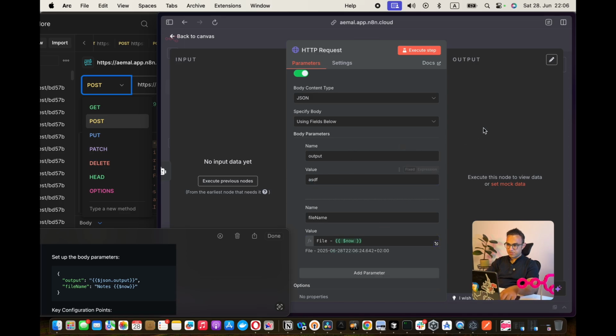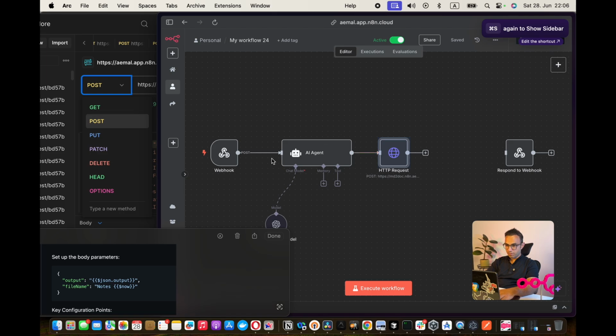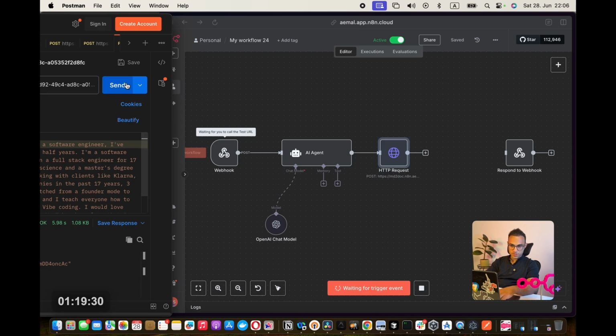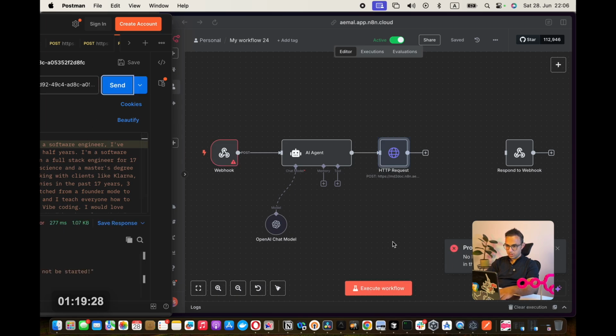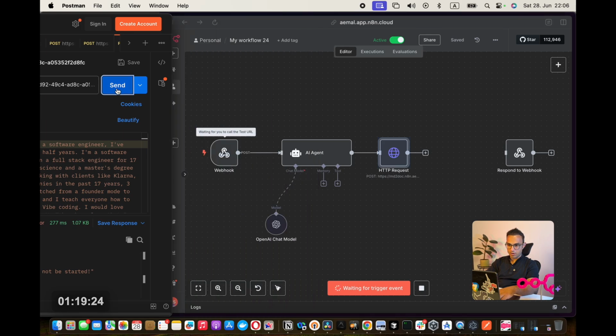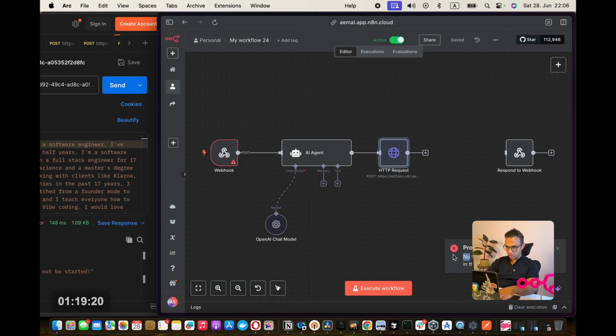Where the output comes from is the output of this AI agent, okay? For that, I need to run the workflow so that I can get the summary of this thing out running. And I will also explain something about pinning an output here. So it's giving me an error. Let's see what's the error.